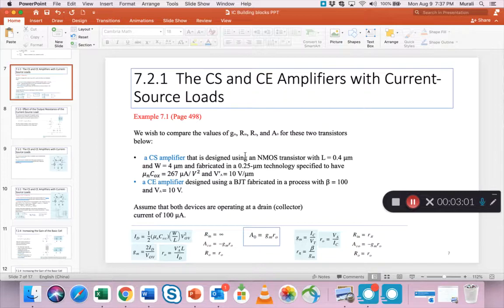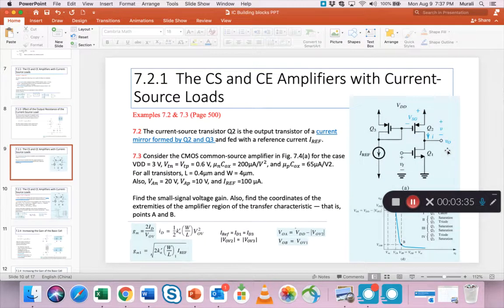I guess you'll not be surprised to see that the intrinsic gain for a CE amplifier is about 400, while that for a MOSFET is only about 30. So, that's what we are expecting, right? That the gain of a MOSFET amplifier is much lower, maybe 1/10 of the gain of a BJT type amplifier, which you can see proven in this example. Okay? All right, I will move on